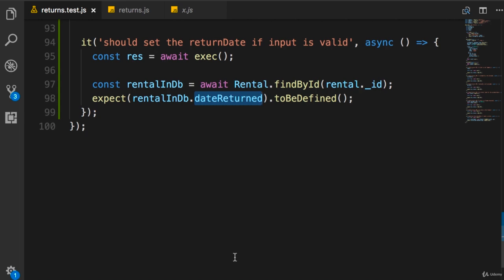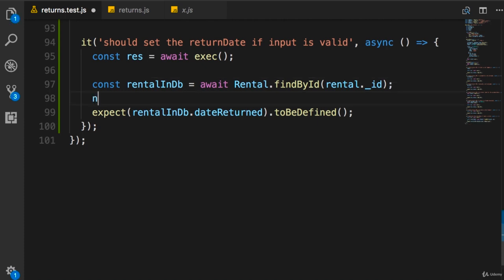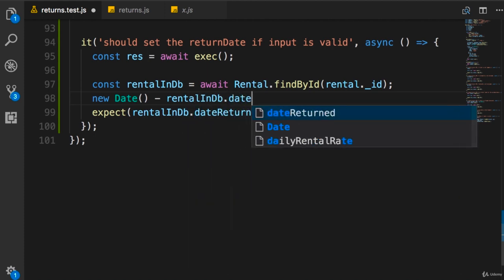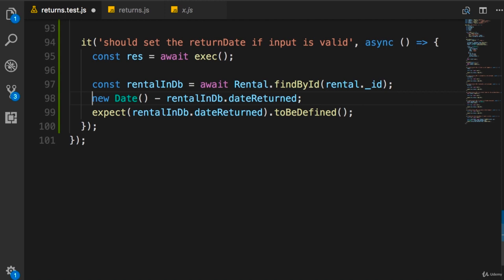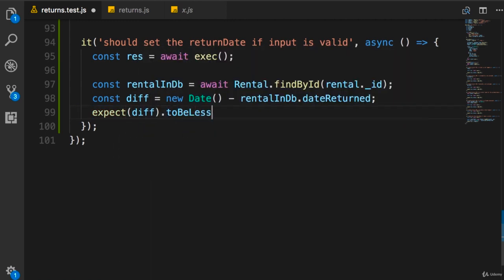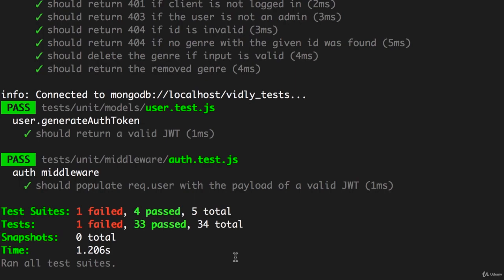So let's modify this assertion. We get the current time minus rental in DB dot date returned. Now this gives us the difference in milliseconds. We want to expect that this difference to be less than, let's say, 10 seconds. So I'm talking about the worst case scenario where our test is really slow. Now, when we save the changes, our test failed